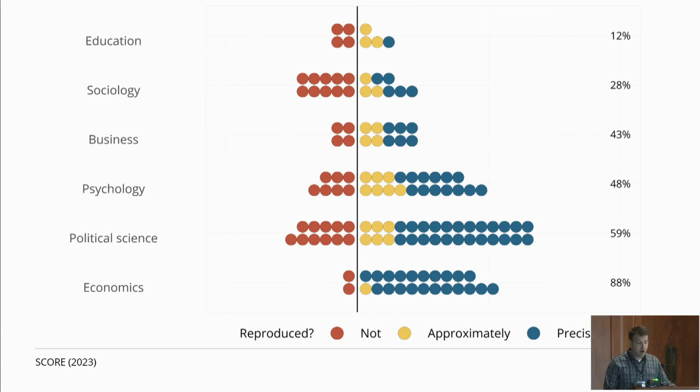And finally, in the SCORE project, we looked at the reproducibility of articles that had access to data or data and code. And if code was not available, we'd reconstruct the analysis, just like I shared before. And in no discipline did we achieve 100%. Even if we relaxed the criterion to only needing to be within a 15% margin of error, so that approximate, we still did not achieve 100%. So collectively, the first takeaway from outcome reproducibility is it's very replicable across disciplines. The second takeaway is it can change, and some fields are doing it.